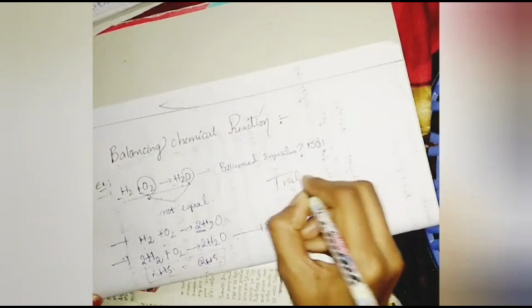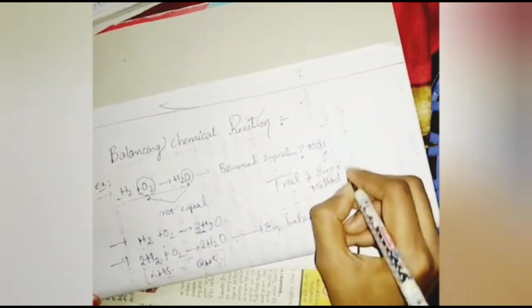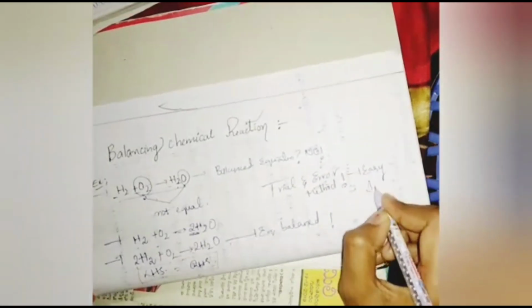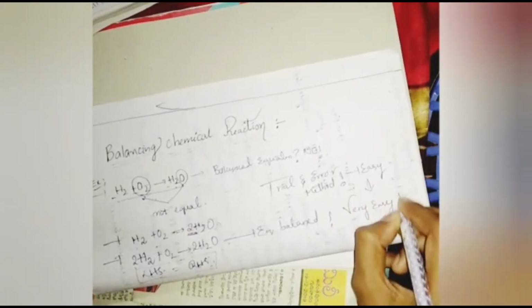It is an easy but somewhat difficult method. I will show you a much easier method for balancing chemical reactions, that is the ABCD method. So let's go to that section. Well, before that, I will give some definitions. In a chemical reaction, the substances which undergo chemical change are called reactants. The chemical substances formed after a chemical reaction are called products.